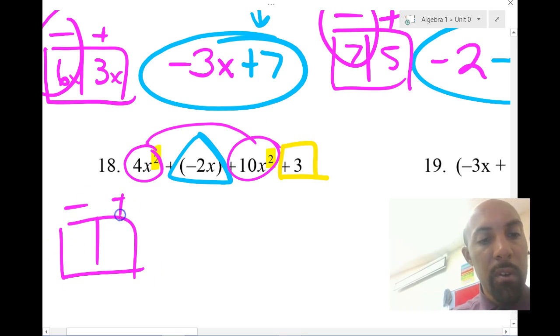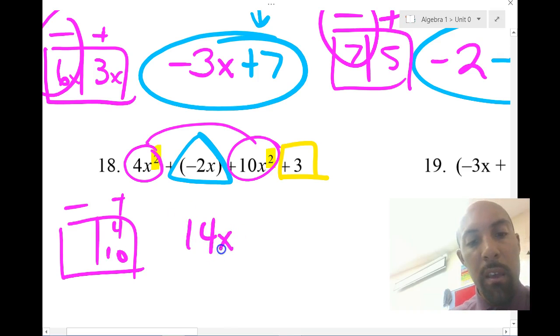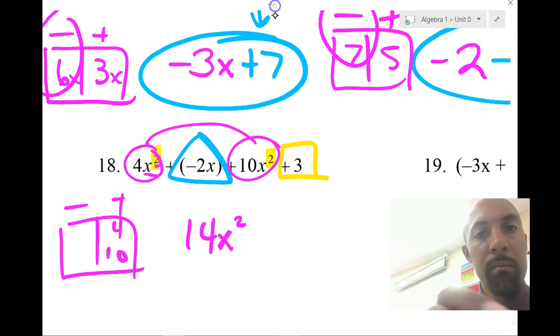Now if you notice, they're both plus. 4, 10, same box, positive 14. But they also have x squared, so I need to put x squared. Okay, then